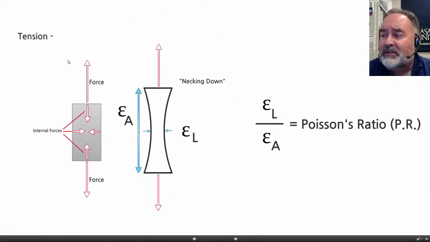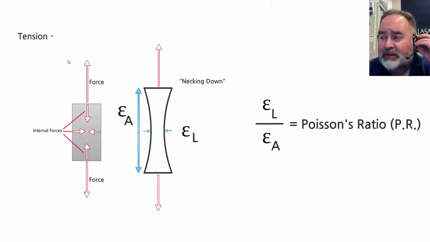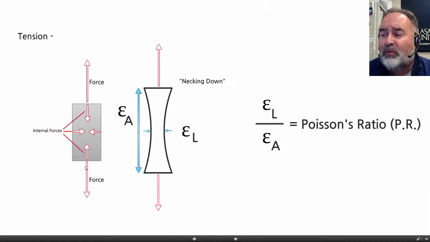So when it comes to tension, here's our picture of tension again. Here's our little device, and there's the force pulling it away from the top and pulling it away from the bottom. Here are the internal forces. Here's our necking down again. But if we go ahead and measure how long it's elongating, our axial strain, and if we measure how skinny it's getting, our necking down, our lateral strain, if we go ahead and ratio those things, we're always talking about ratios, if we compare how thin it's getting strain-wise to how long it's getting length-wise,